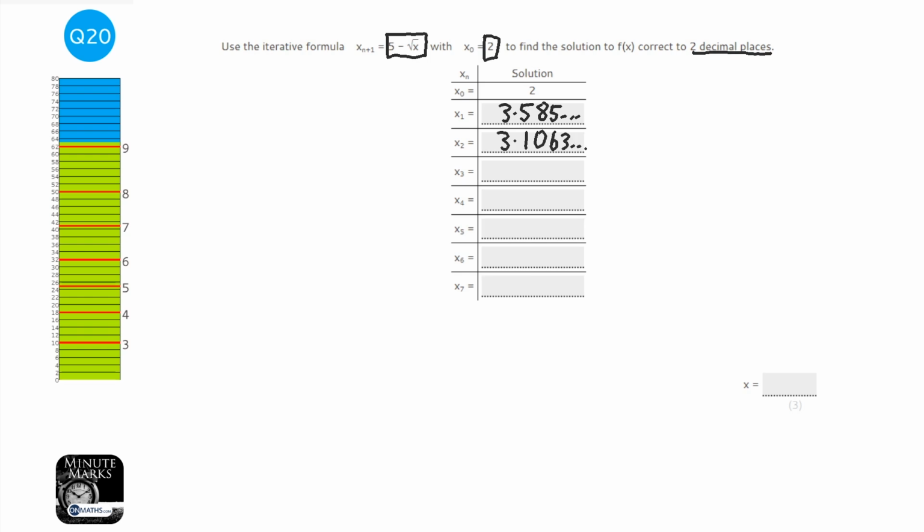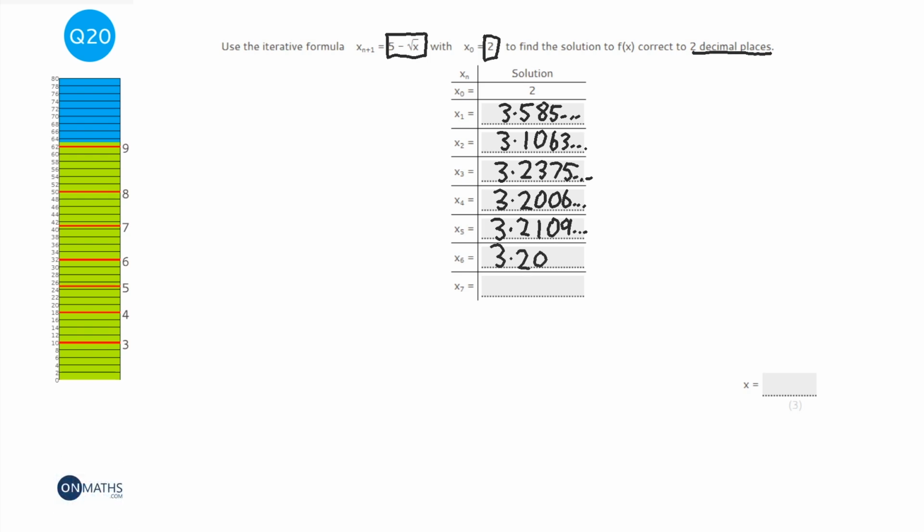Again, equals, 3.2375 blah blah blah, equals, 3.2006 blah blah blah, equals, 3.2109 blah blah blah, equals, 3.2080 blah blah blah, equals, 3.2088 blah blah blah. Now, you stop when you get the first repeat of the accuracy that you're looking for. So if you look, this is the first time I've got the same answer twice,